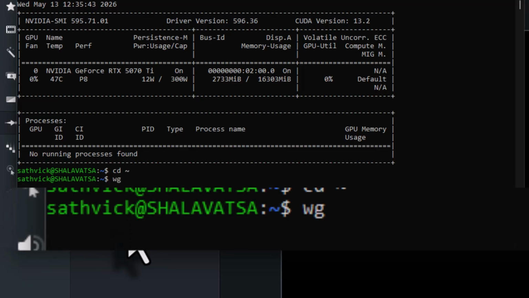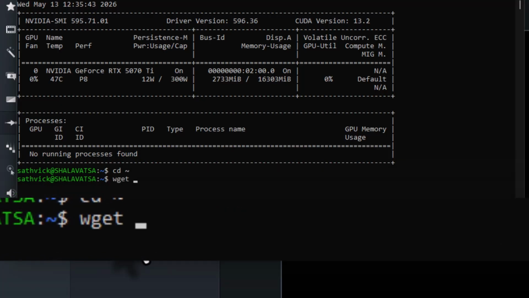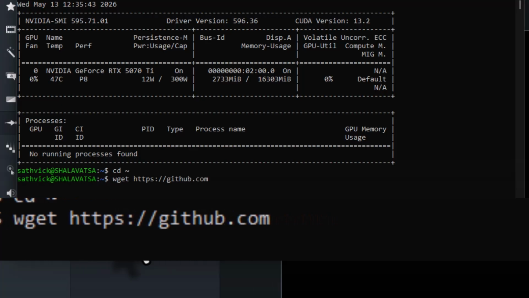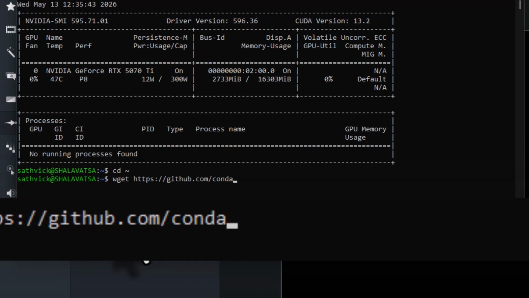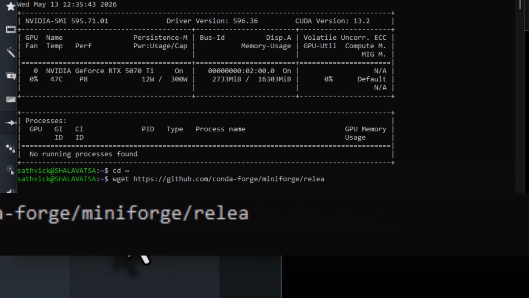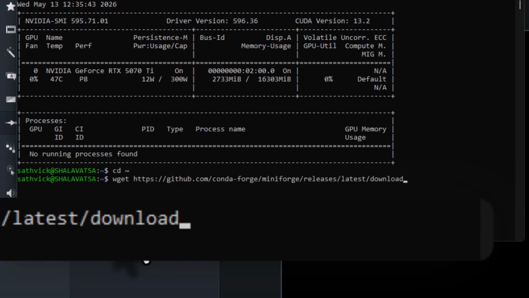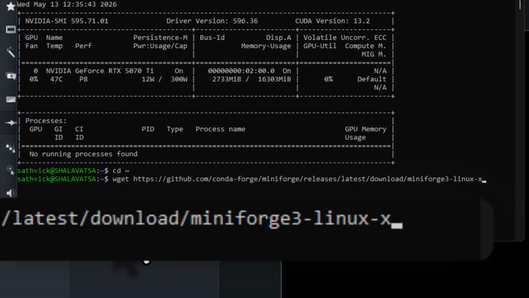I will type the command wget because I have to now install Miniforge. I have to first download this file, and to get this file, I use the command wget space https:// I am taking it from github.com/conda-forge/miniforge/releases/latest/download the name of the file is Miniforge3-Linux-x86